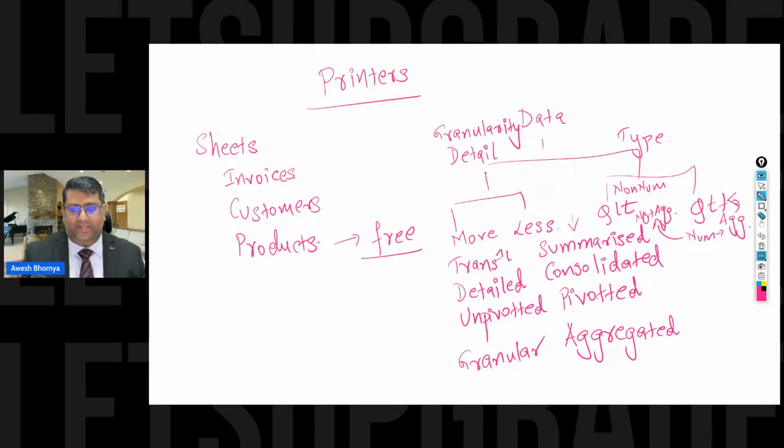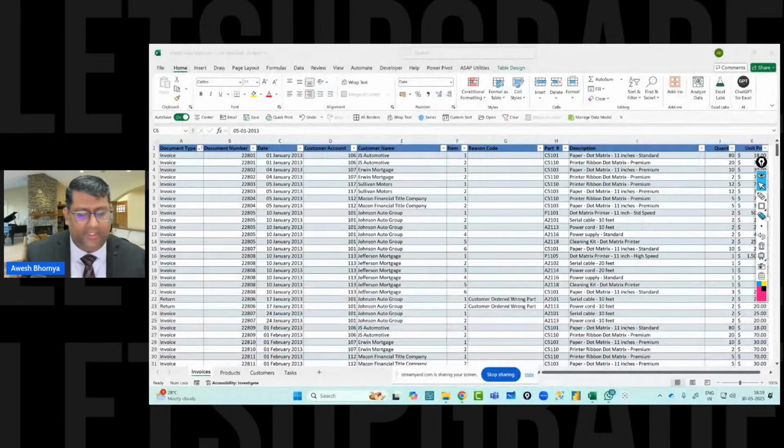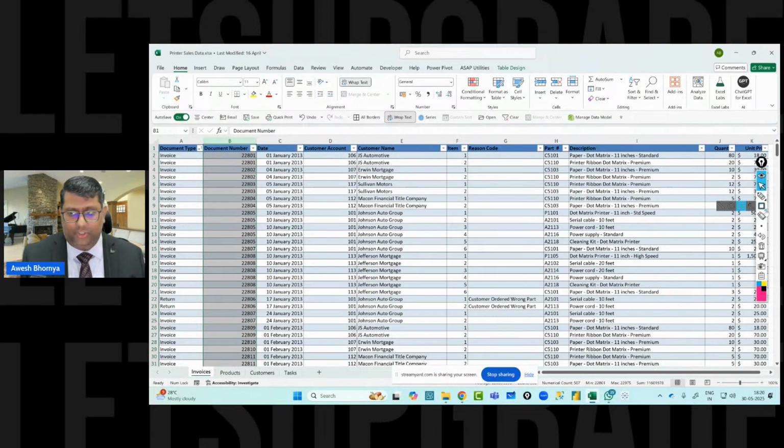Now, in your data set, you need to identify what kind of data we are actually dealing with, right? So here, for example, we need to look at document type. Obviously, this is non-numerical, it's text, so it has to be qualitative in nature. But will document number be treated as qualitative or quantitative? Yes, everyone, give me the answer in the chat box, please.